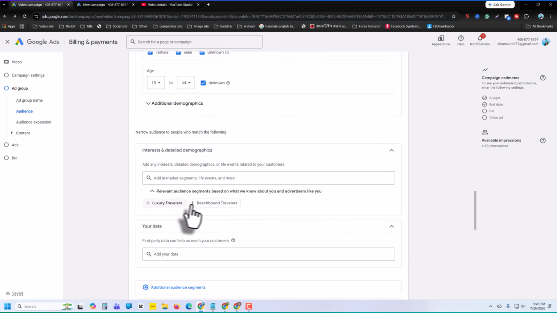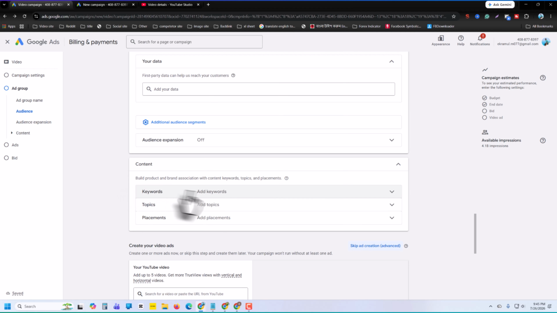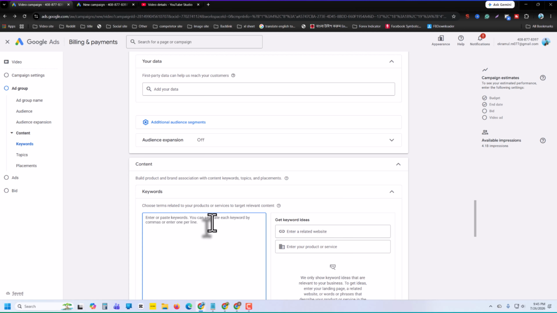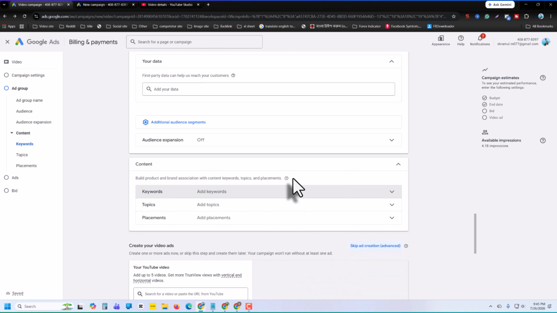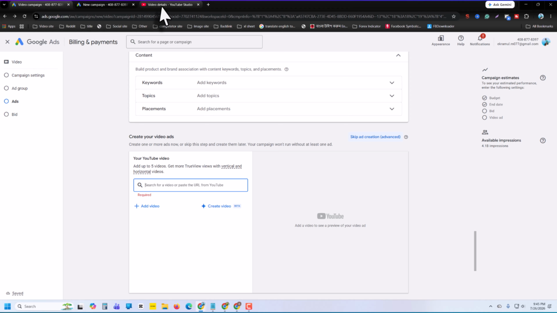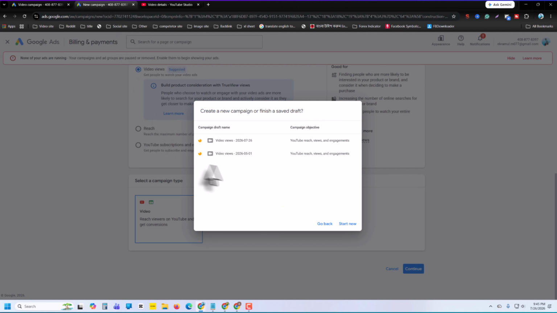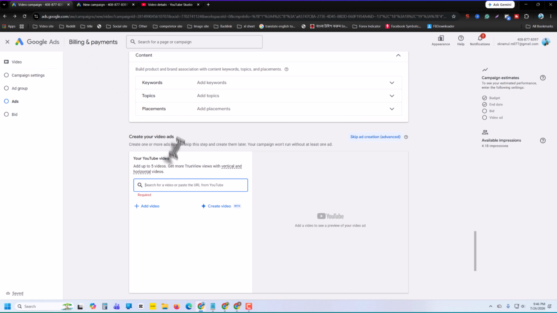As you can see, this is more customized. I just skip it. Now you can choose your keyword as well. For example, if someone searches for a keyword, your video will be shown, but I just want to skip it as well. Topic placement, and your YouTube video. You have to enter your YouTube URL. Now go to your YouTube video, copy it, and sorry,